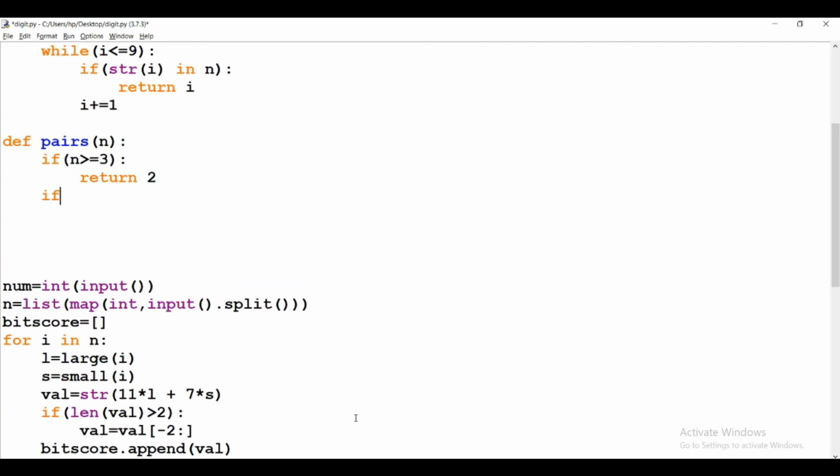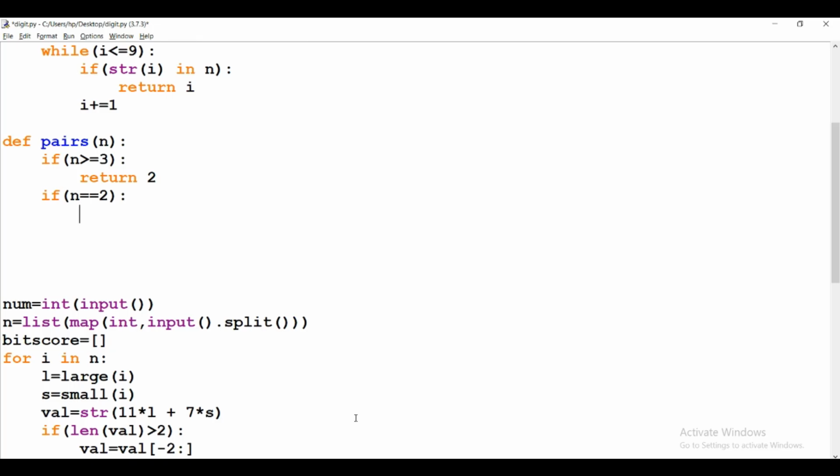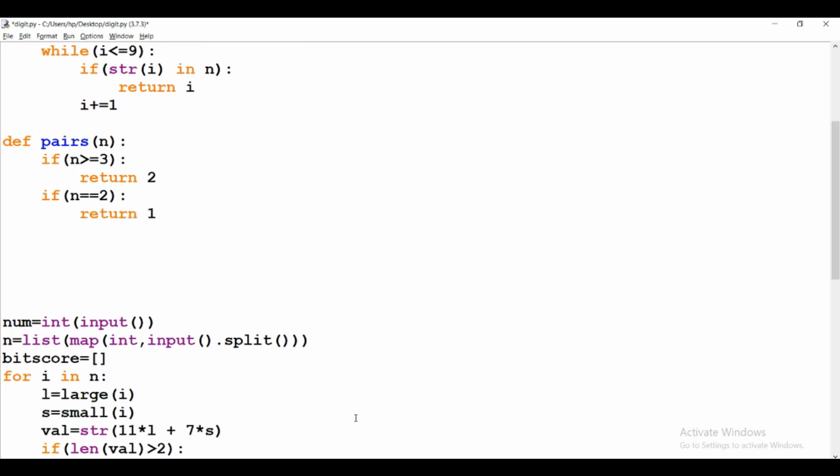Else if n is equal to 2, then we return pair count as only 1. Otherwise we return 0. Okay, so our program is done.